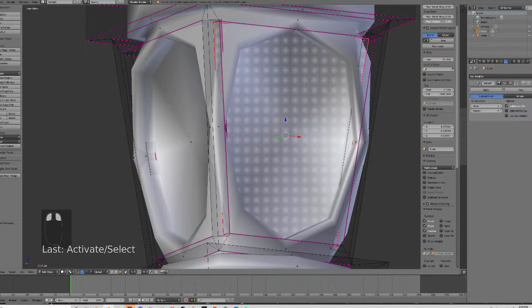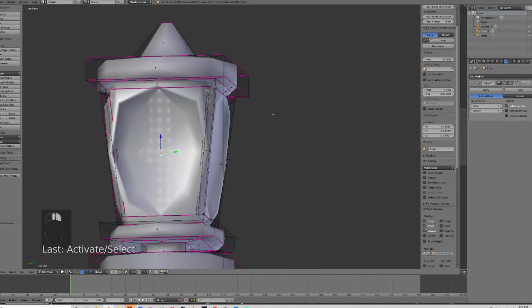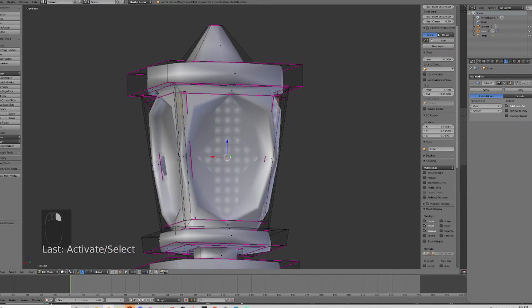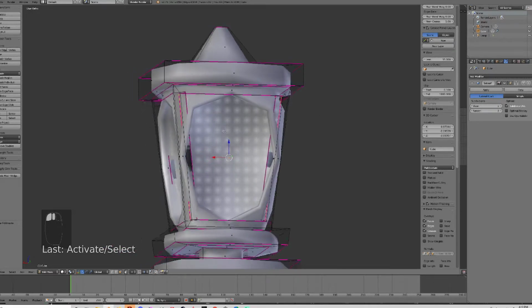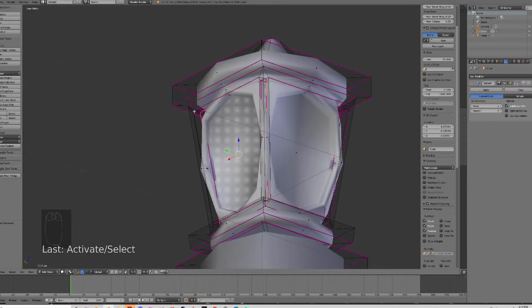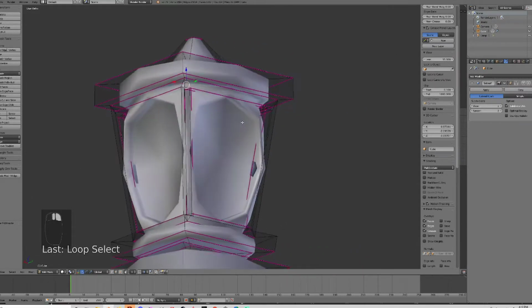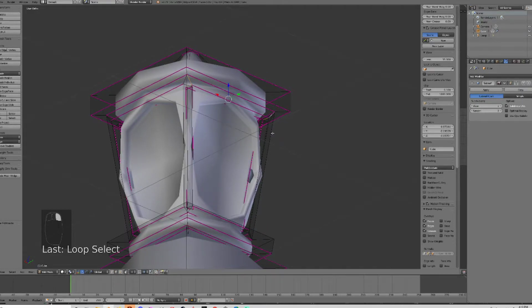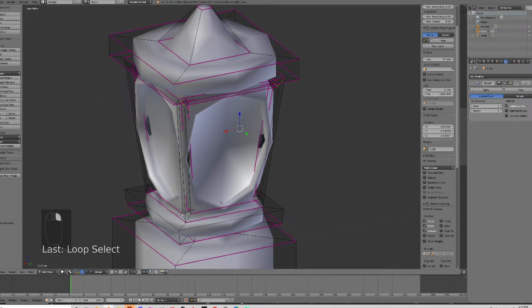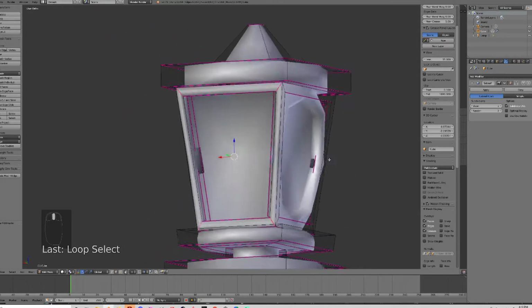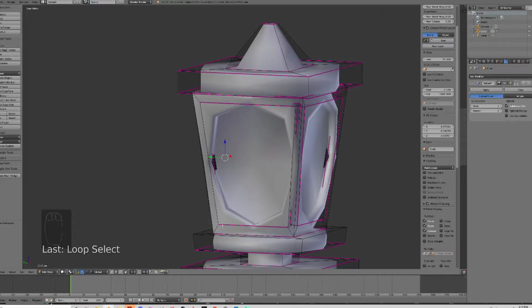So now I'm just going to these individual faces and increasing my crease. Now I think I'm going to go into edge select and select all these little side edges here and increase my crease and see what that does. There we go. That's the look we want. There's a little bit of clipping, which I'll fix